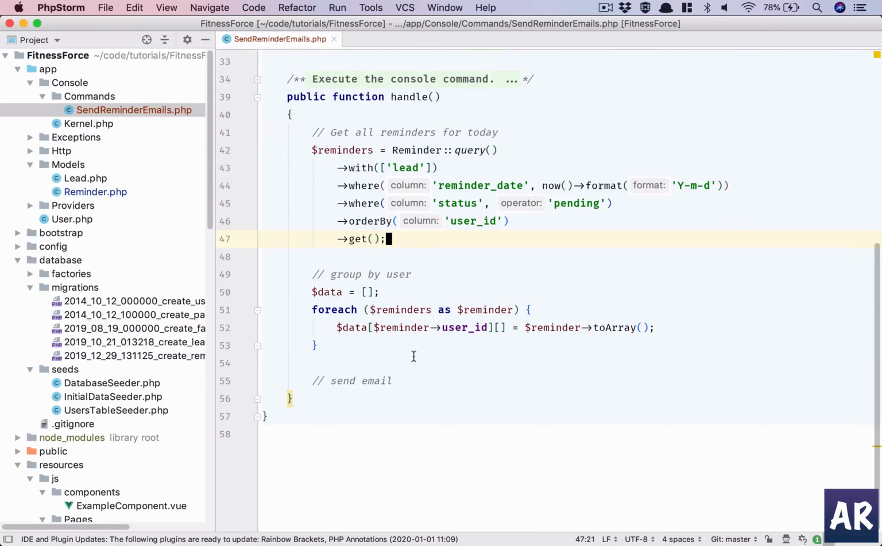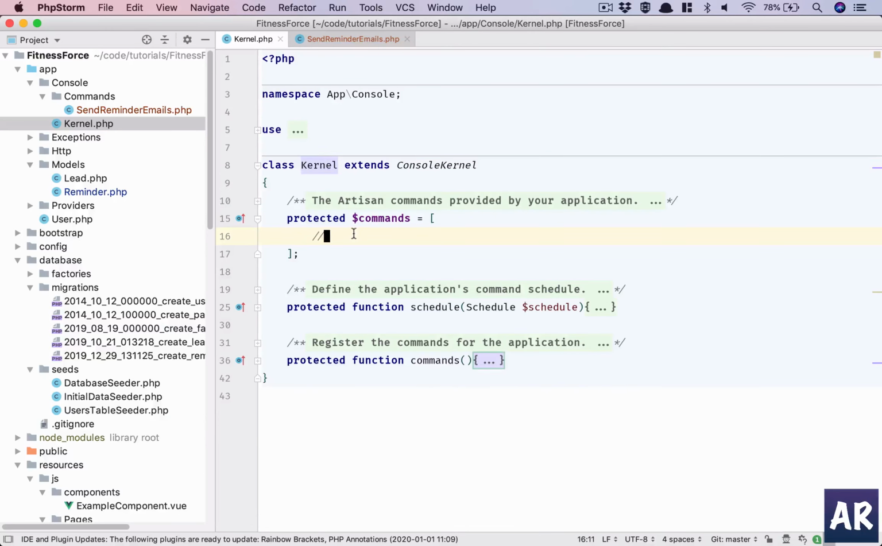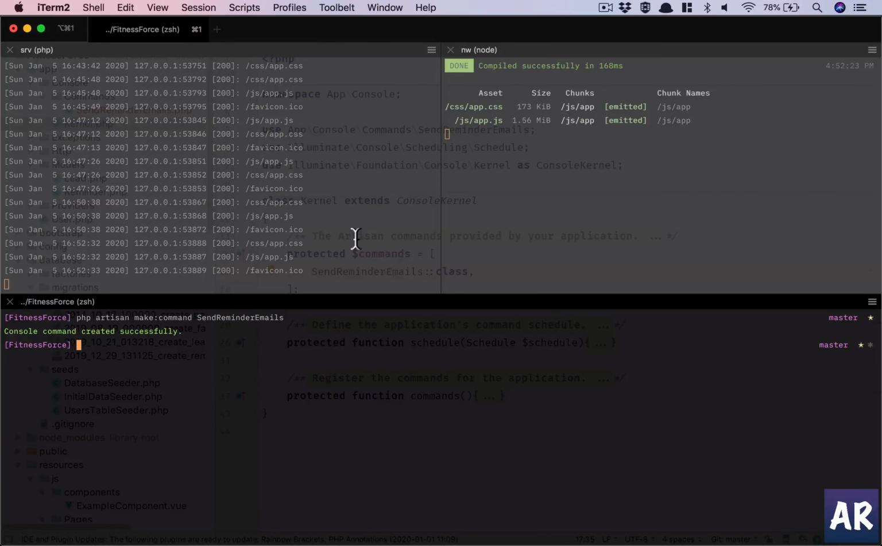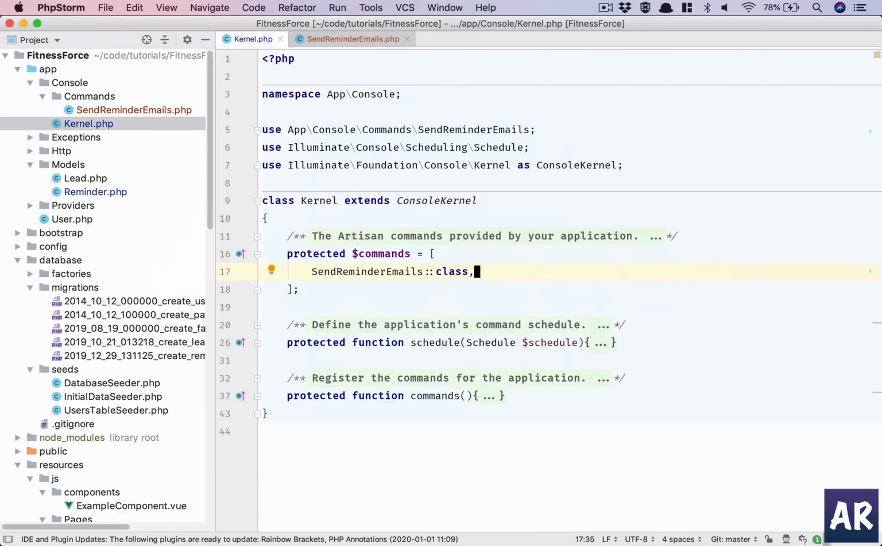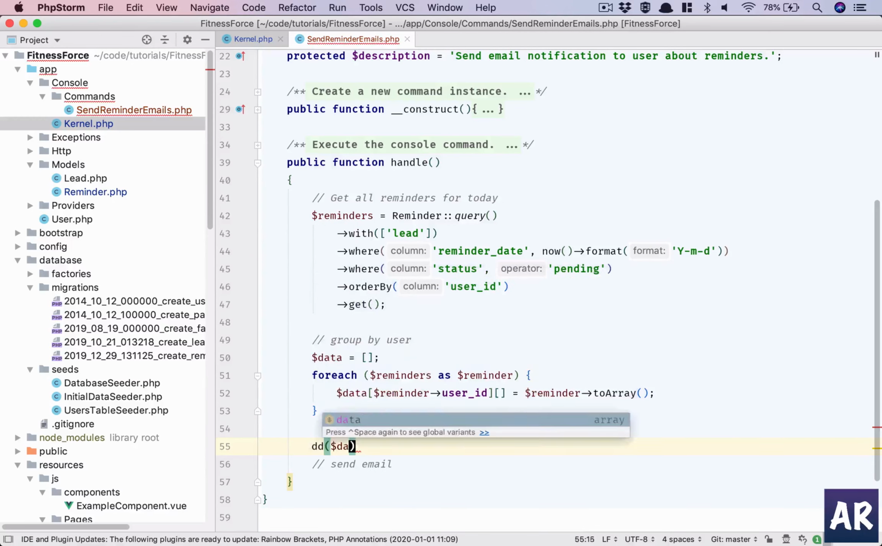So now that the foreach is there, we have this data. Why don't we try to check? For any command to run, we need to add that command here. So the SendReminderEmails class is added here, which means, why don't we open a new terminal? We will get a little more space. php artisan reminder:emails, right? And we do dd data,